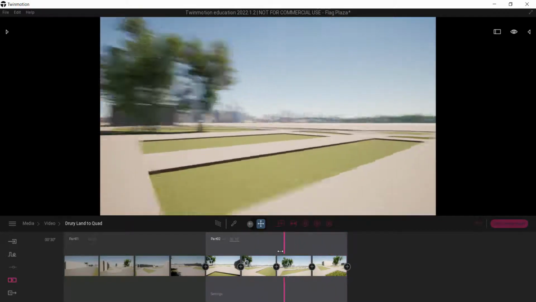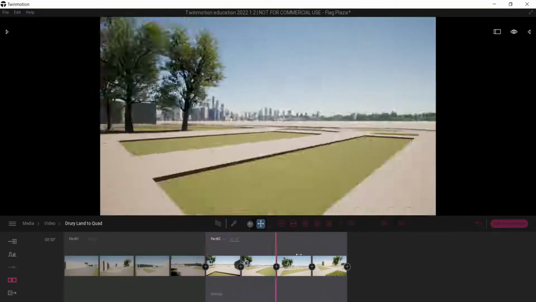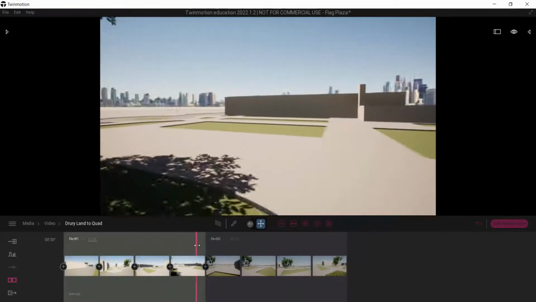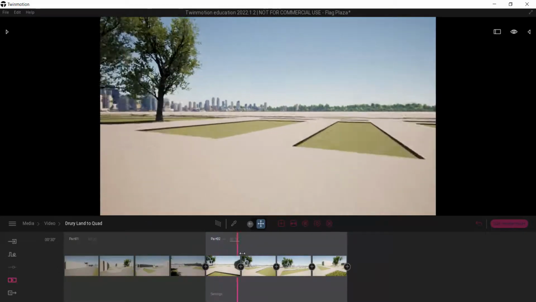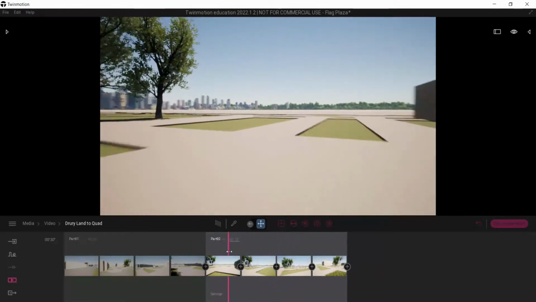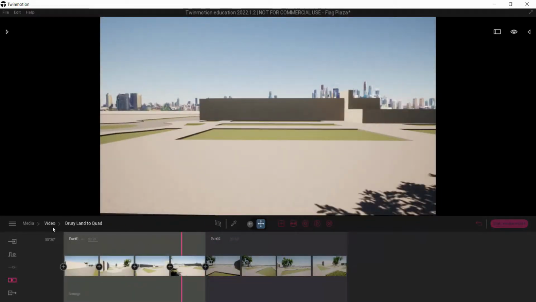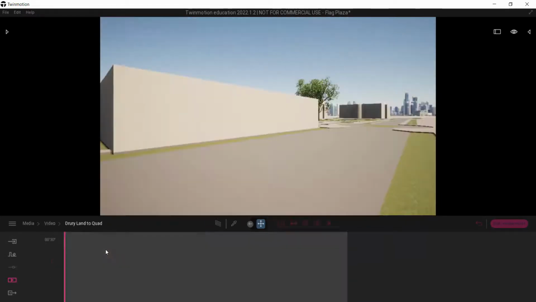Cool, so I've got that as a second camera path. Right, so I have a single video, and right now it's just going to cut from one to the other if I export this. So that's called a hard cut. Okay, if I come back to videos,